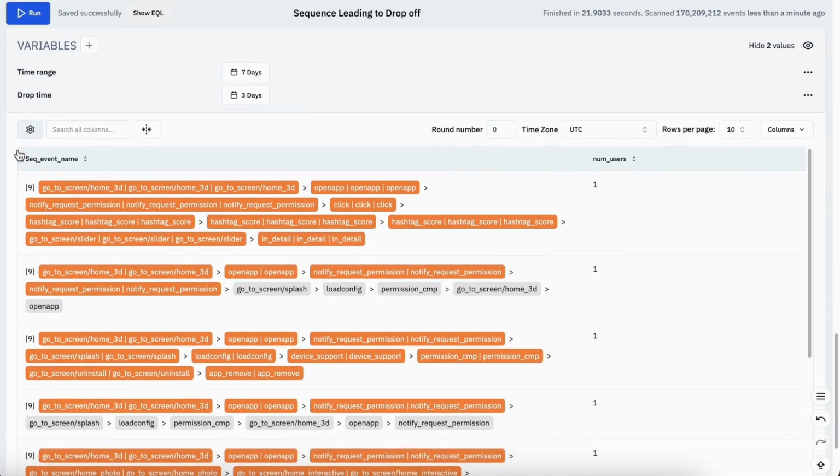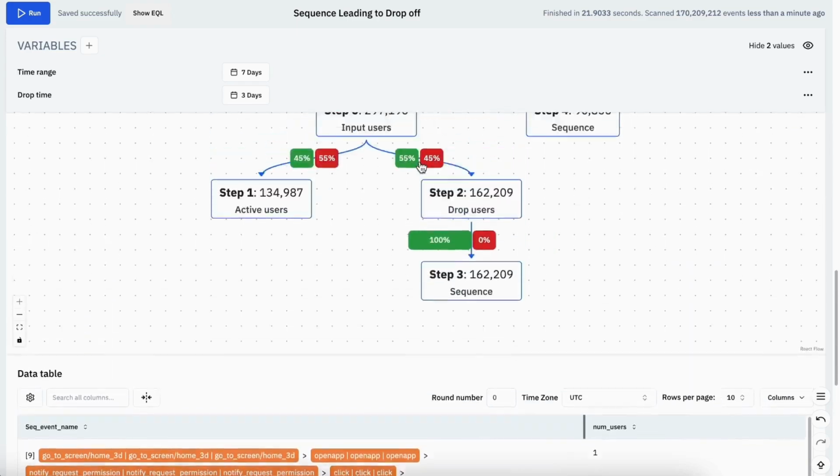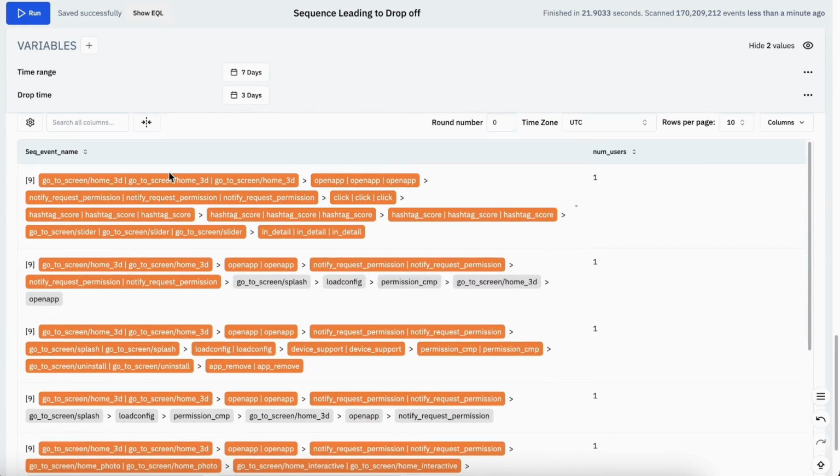Okay. So now we have this sequence here. This means that there's one user who followed this exact set of events before they dropped. What I want to do next is to find the sets of events that have the most users, which also means the most common user behaviors before drop-off. Looking at the list, I can already see there are a few events I don't really care about, for example, #score.